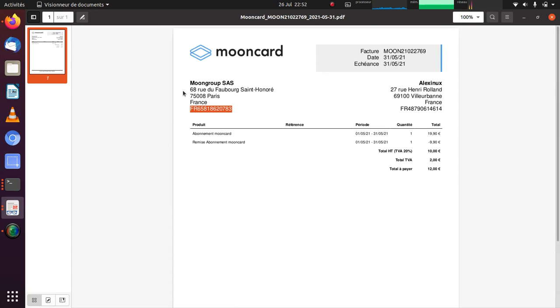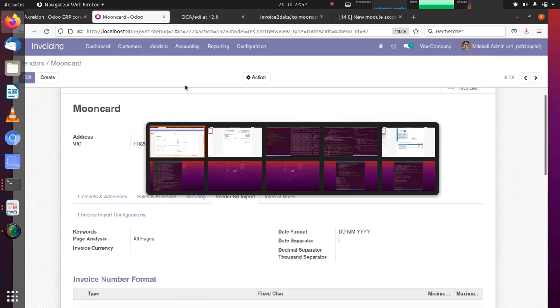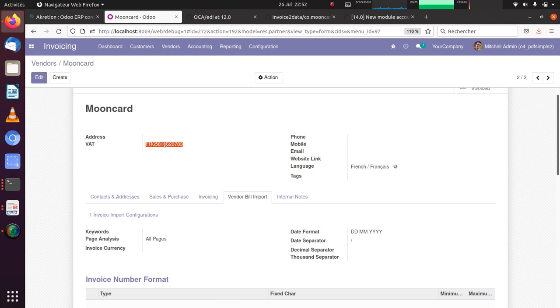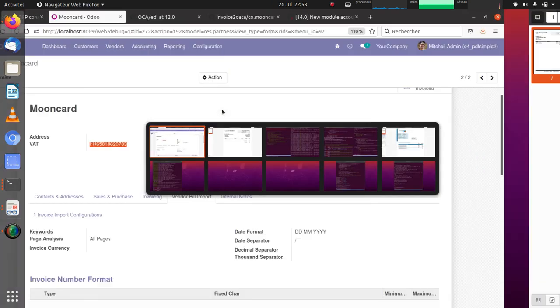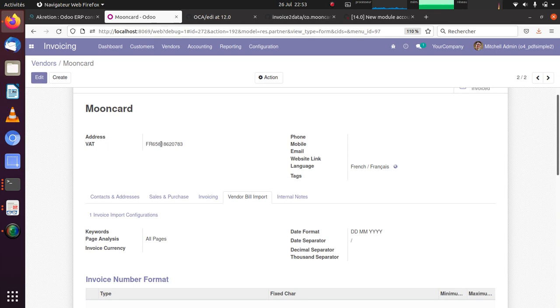So the default method is that if it finds the VAT number in the raw text of the invoice, it will match the partner. No problem if you have spaces or stuff like that in the VAT number, because it will match after removing all the spaces in the raw text. So here it should work.